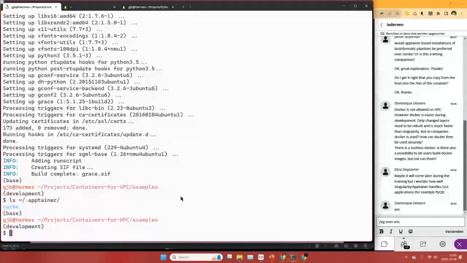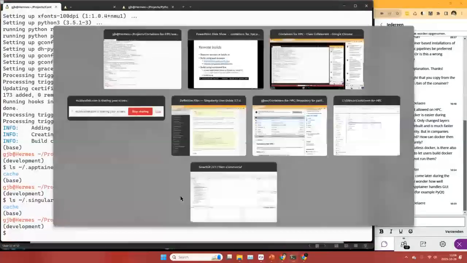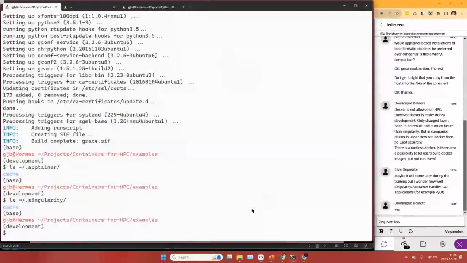No, that seems to be a very empty directory. Do I still have a Singularity directory? Yes. Okay, so I don't have a local token here, so I can't demo that anyway. But whether that is still supported in Apptainer is a very good question, given the rift between Apptainer and Sylabs Singularity. Anyway, the nice thing is if you can do a remote build, you also don't need sudo. But then again,